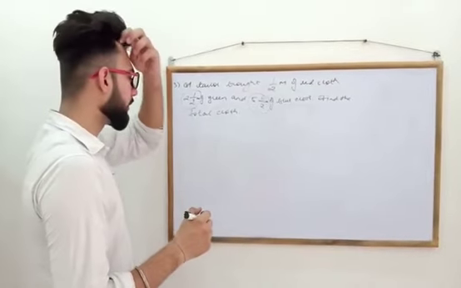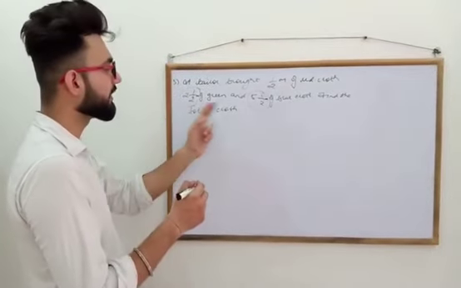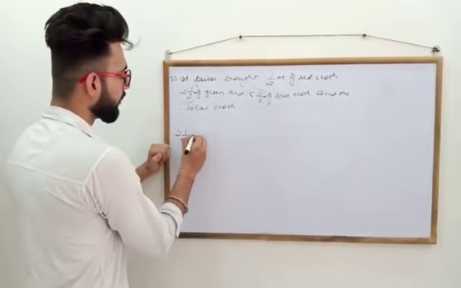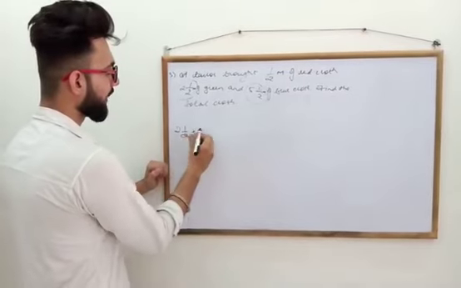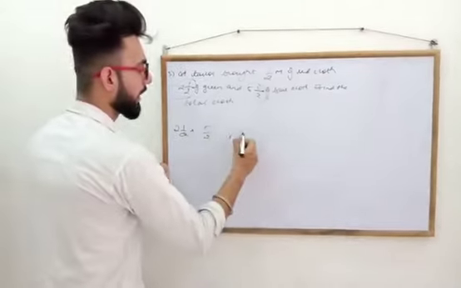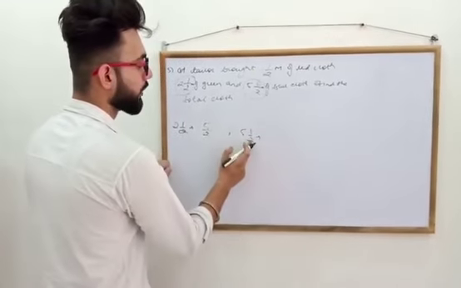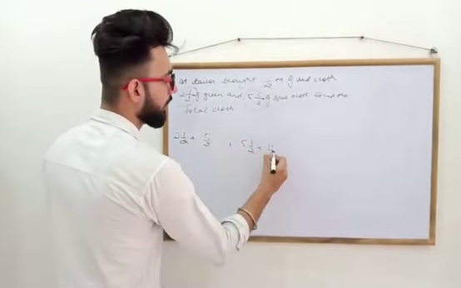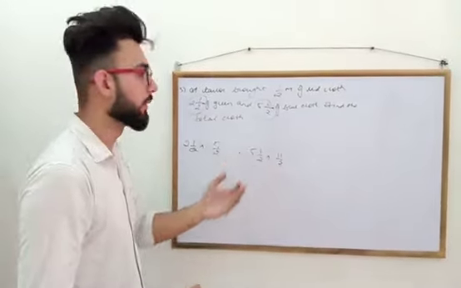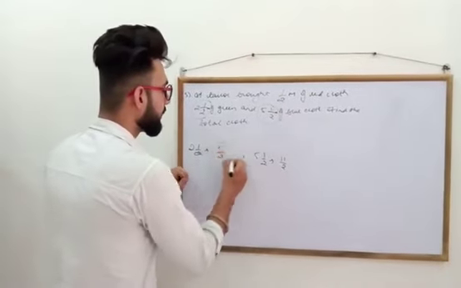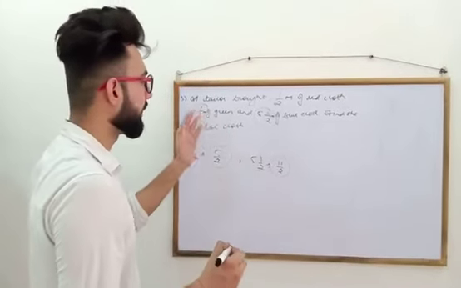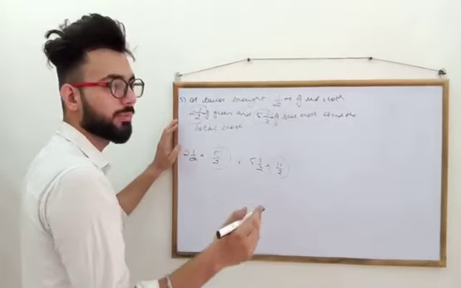Now what we need to do is first convert these mixed fractions into improper fractions. So 2 whole 1 by 2: 2 times 2 is 4 and 1 is 5, so 5 by 2. Second one, 5 whole 1 by 2: 5 times 2 is 10 and 1 is 11, so 11 by 2. Okay. Now we'll begin with the same method, statement wise. Now you have all these fractions and you can directly solve it. You don't have any whole numbers in it. We need to find the total cloth. Total means we need to add.